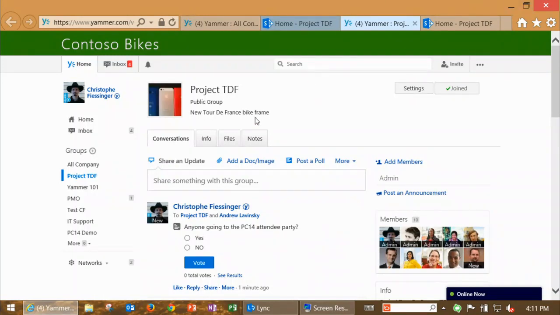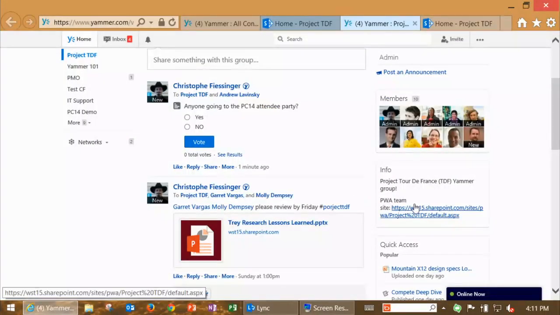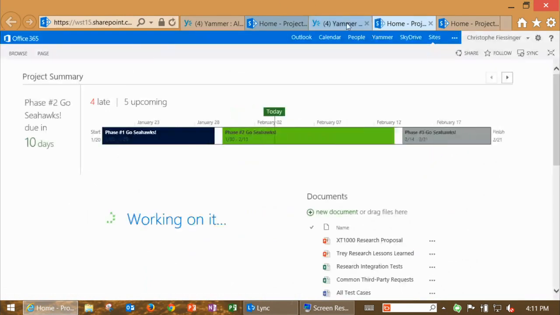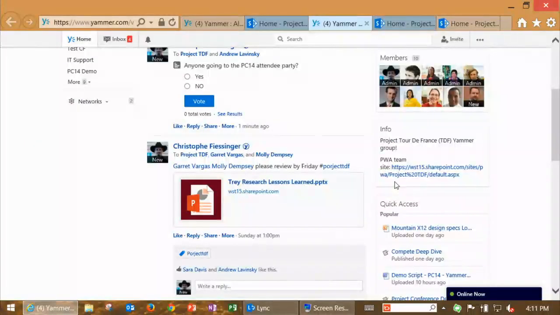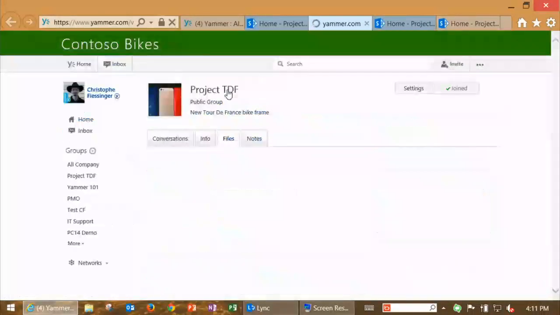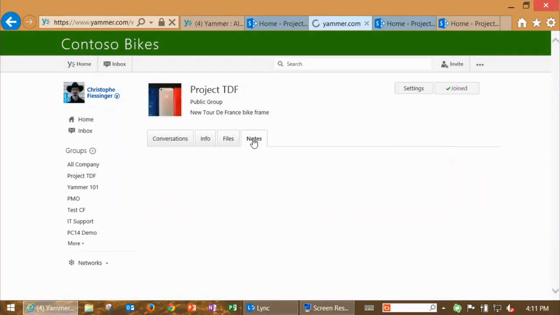Okay, so surveys, same thing. I put a few more documents here. Typically the way I use it, at least at Microsoft, is I always link back to the SharePoint team site. So here, for instance, I get a link. I can always get back to my feed if I want to look at more from a document-centric view, or if I want to get that beautiful timeline view with the Seahawks colors. And in this case, same thing. I put some documents, and I did put some notes in this one, so I can show it to you.